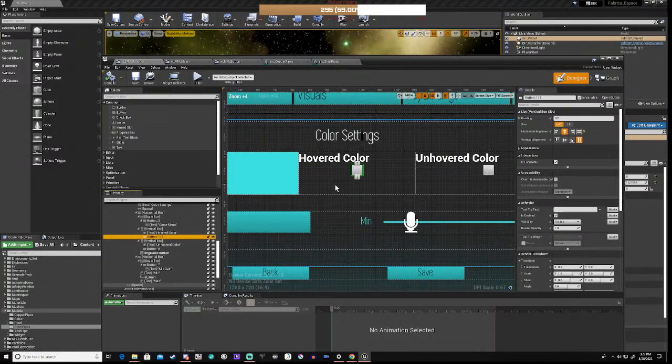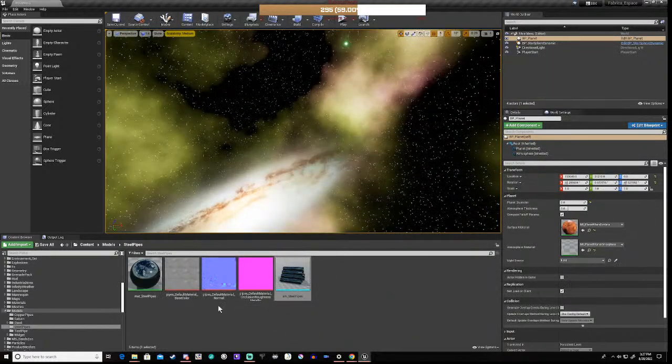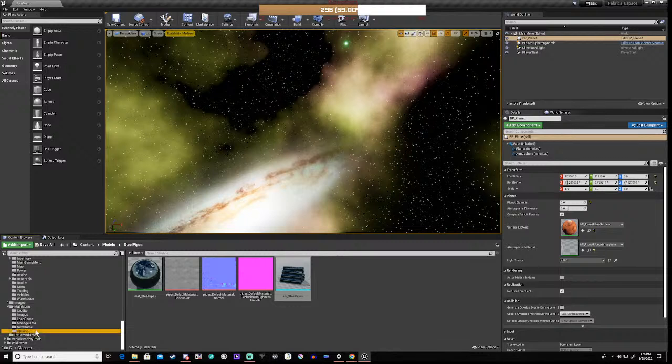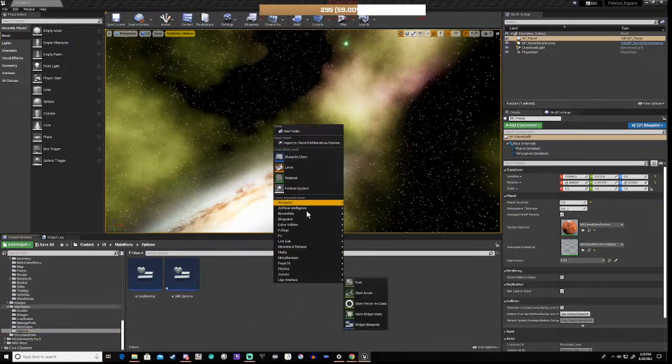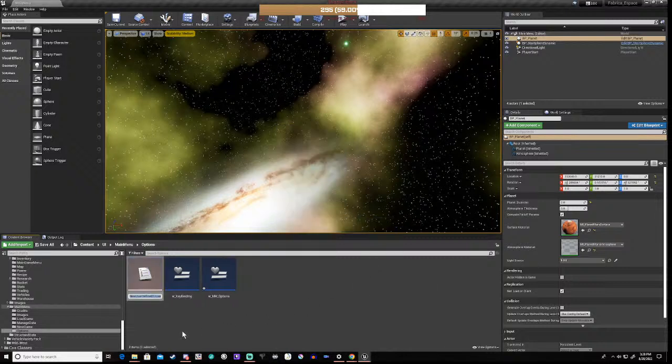So I think what we're going to have to do here, in our options down here somewhere, is create an enumerator, and it's going to be E menu item type. Because we need a way to differentiate what